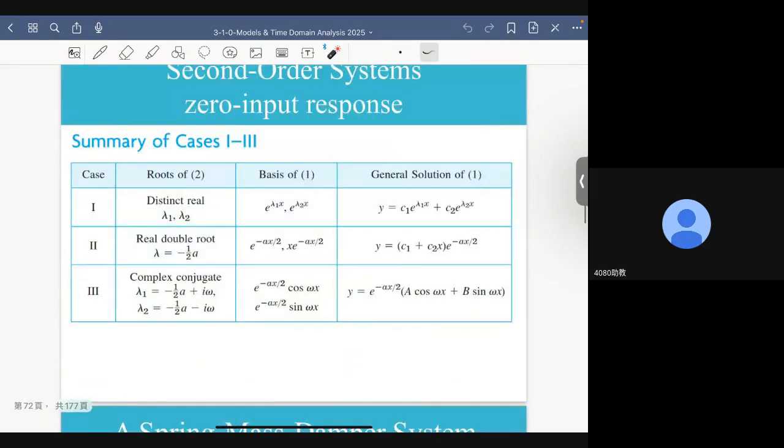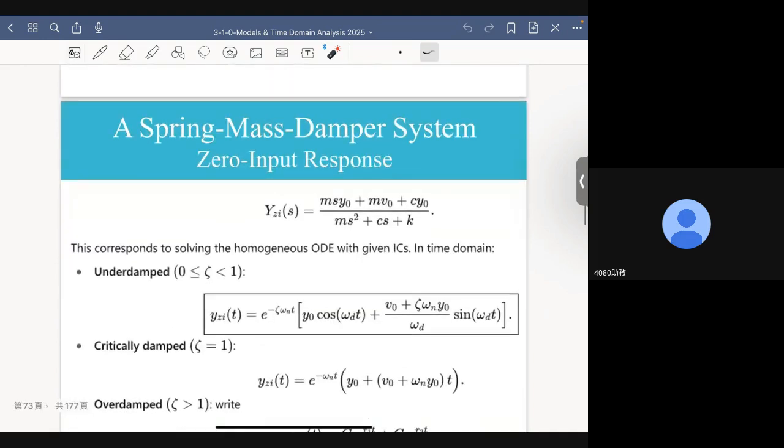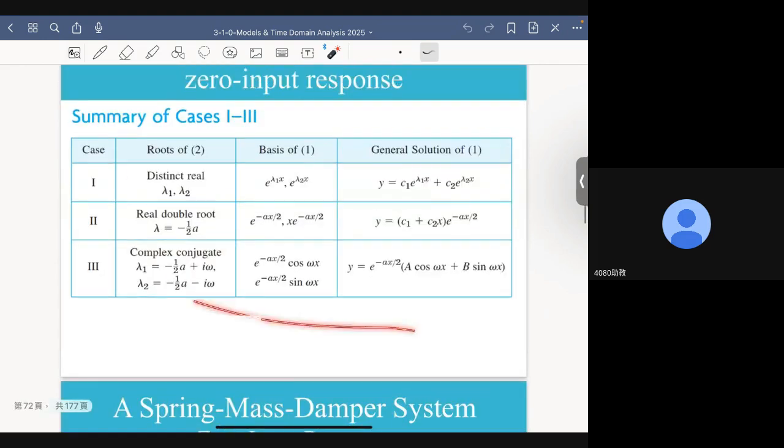So this table summarizes the results for the solution and the solution process of the homogeneous differential equation. Same thing, we can generalize, or we can directly